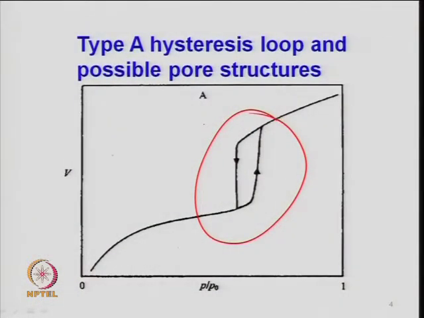Again, I was talking about hysteresis. Now you can have some idea of why hysteresis forms. The hysteresis you will not get when the pores are straight cylindrical and closed from one end, because the meniscus forms. So the meniscus formation is related to the hysteresis. When the meniscus forms, hysteresis will not form, but when there is a delay in the formation of the meniscus, depending upon the shape of the pore, then you may get hysteresis.